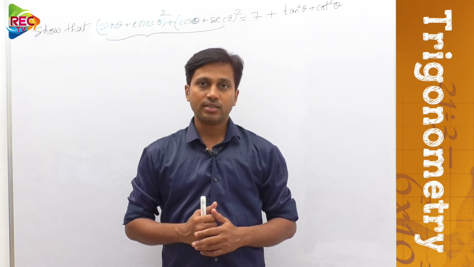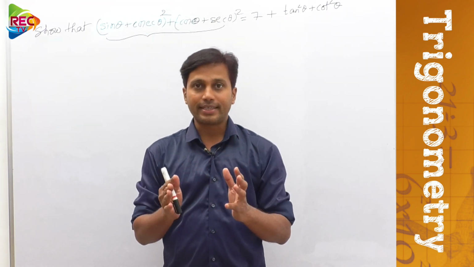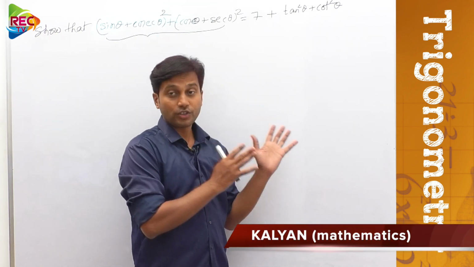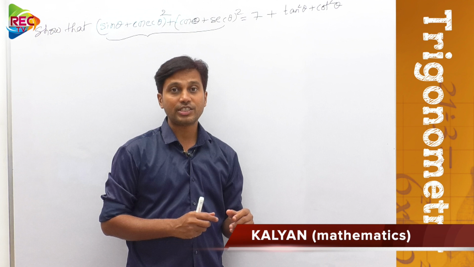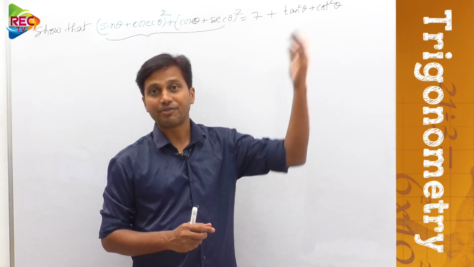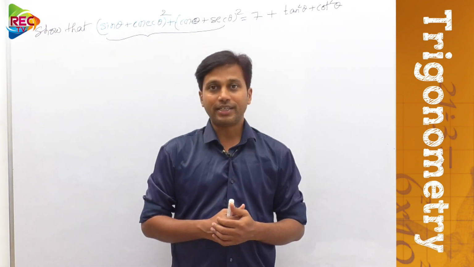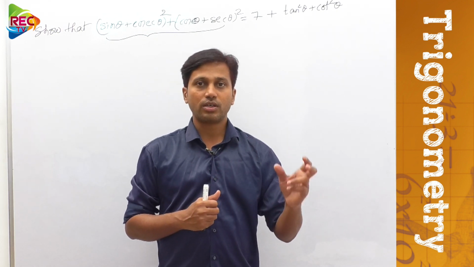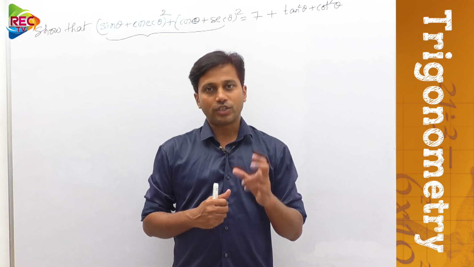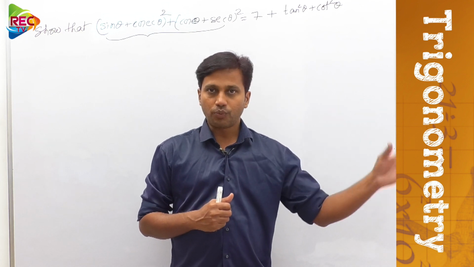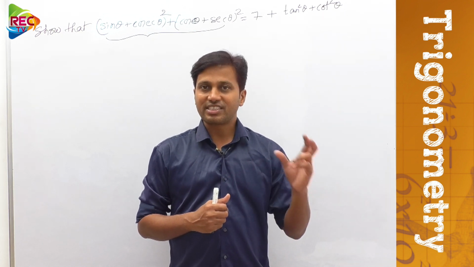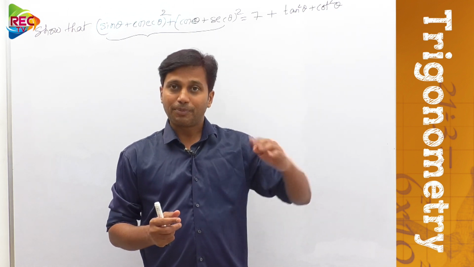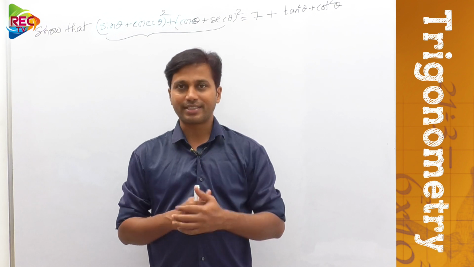In this class, we are going to do one exercise, means examples, solved by using trigonometric identities which were taught to you in the previous videos. We obtained three trigonometric relations. What are they? Sin square theta plus cos square theta equal to 1, cosecant square theta minus cot square theta equal to 1, secant square theta minus tan square theta equal to 1. Using these three relations, we solved a very simple exercise in the previous video.